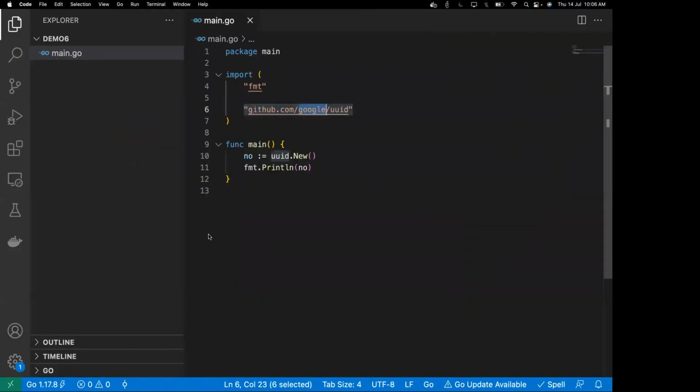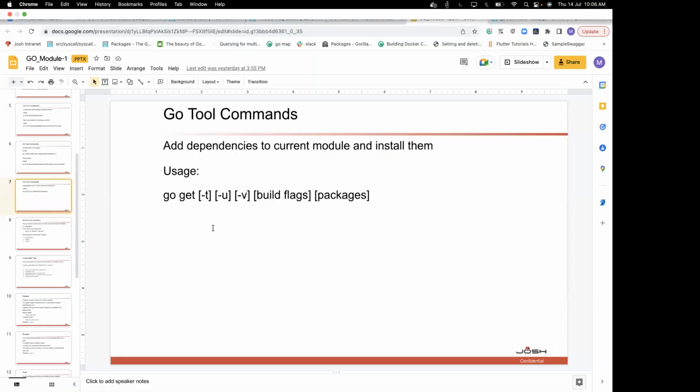So these are the basic go tool commands through which you can deal with a Go project. Let me summarize. The go build command will build your project. If there is a package main and a function main with no arguments, then it will create one executable file in the current directory, named after the directory in which package main and function main are present. And if there is no package main and function main present,